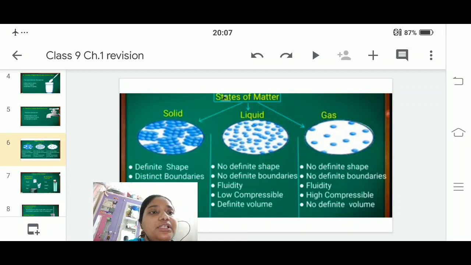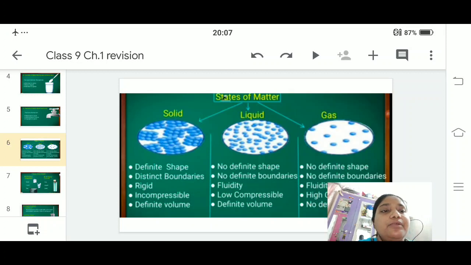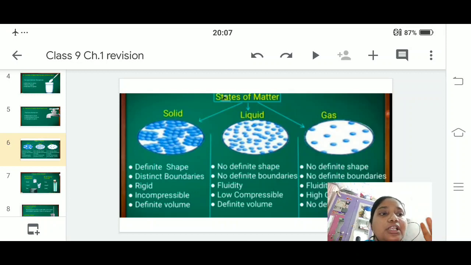They have fluidity and are highly compressible, with no definite volume. Once again, states of matter are classified into three: solid, liquid, and gas. You have to differentiate them according to their fluidity, shape, volume and compressibility.